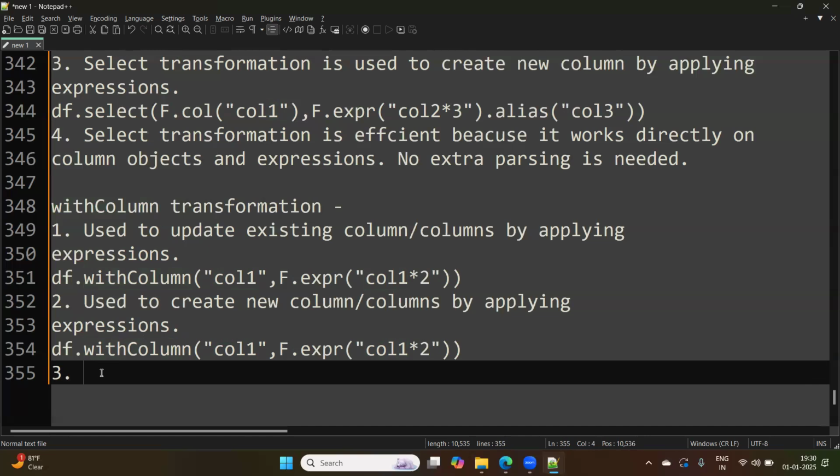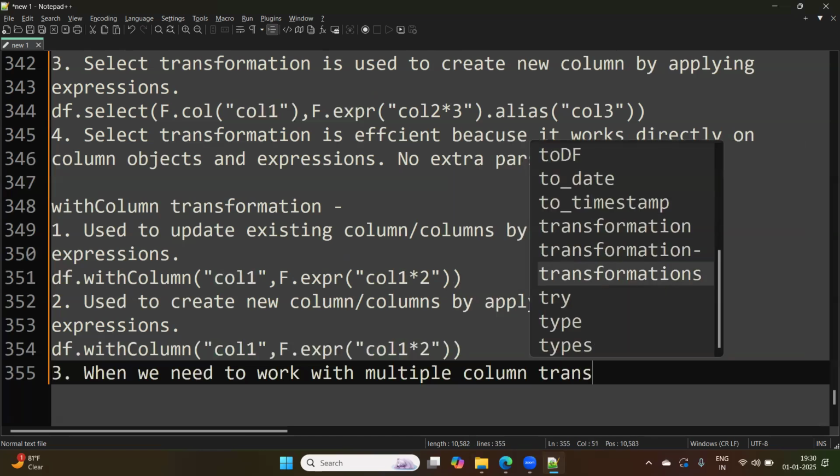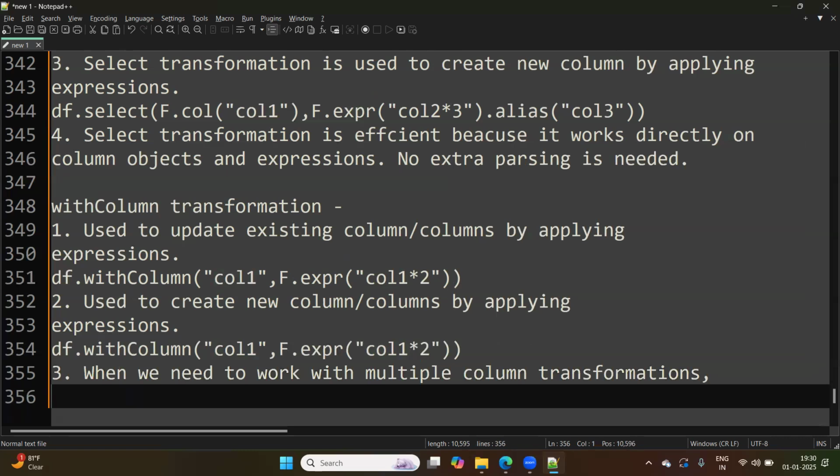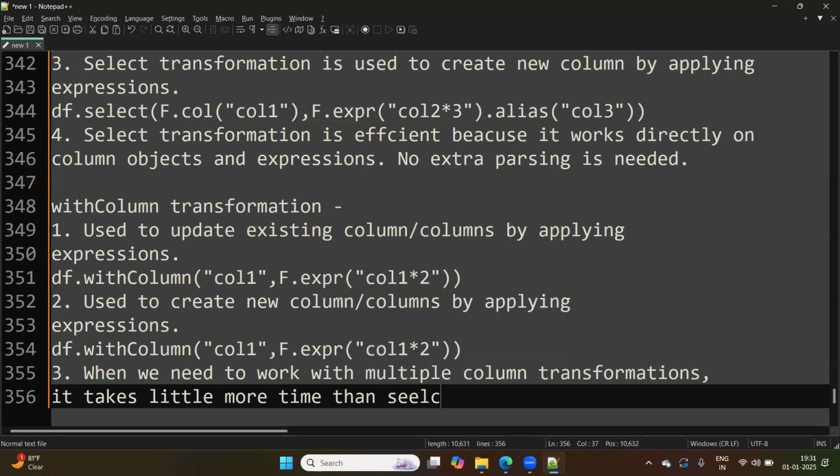But what happens with withColumn is, when we need to work with multiple column transformations, it takes a little more time than select